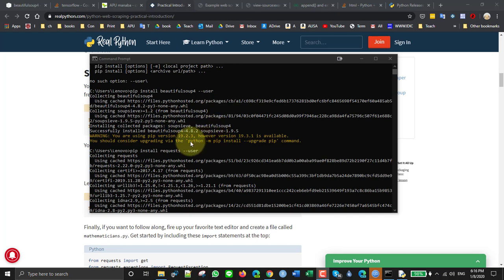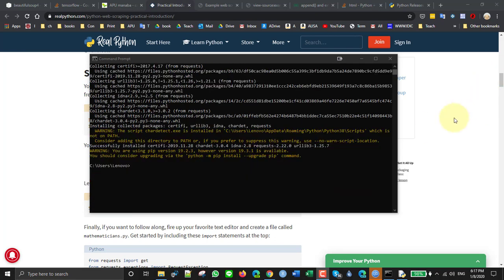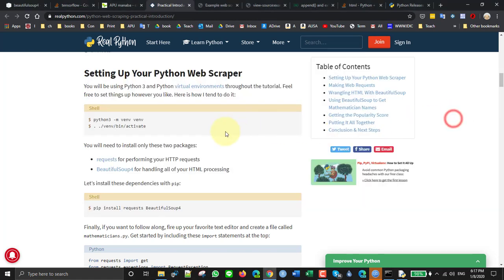Okay, then I forgot that I hadn't installed requests, so I did the same thing with requests. That's another package that we need, and that seems to have worked as well, successfully installed. Okay, so then I had everything installed. Now he says that we need this, but I don't think we need this. At least for what I've done so far, we didn't need it. Anyway, so then I opened up Python,